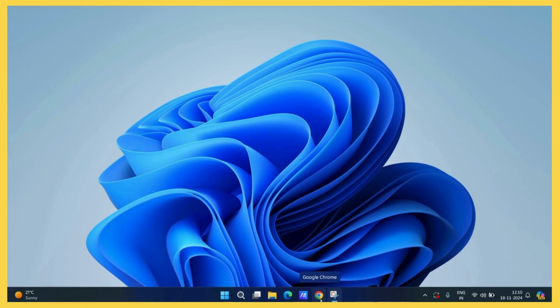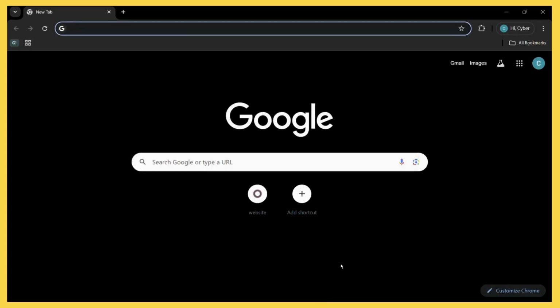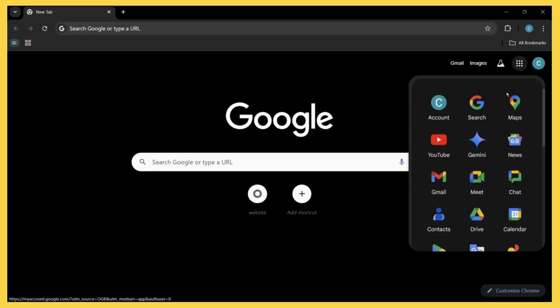In this tutorial, I will show you how you can create a folder in Google Drive. So, if you want to create a folder in Google Drive, simply open your browser or your Google Drive app. Then, if you are on the browser, simply go to the Google Apps right here and click on the Drive